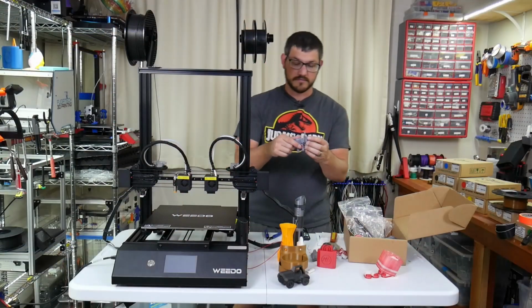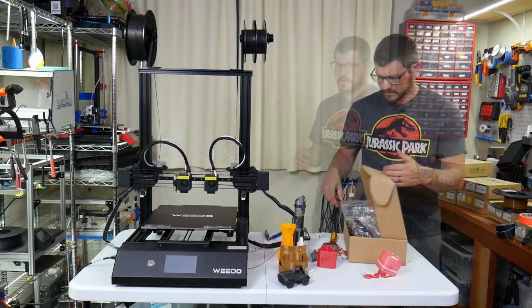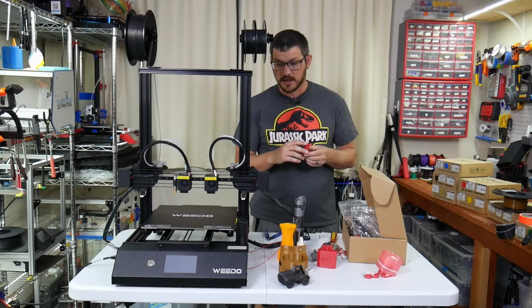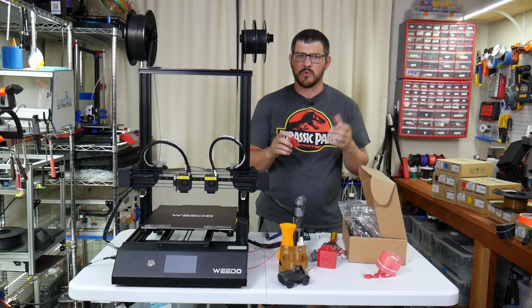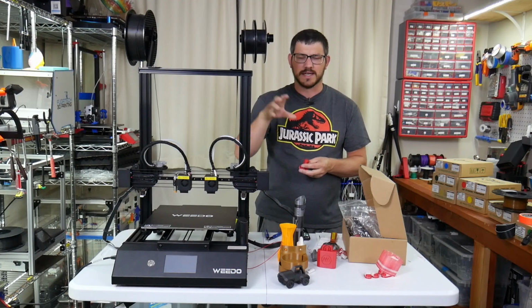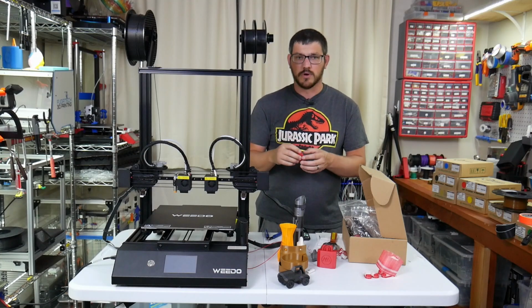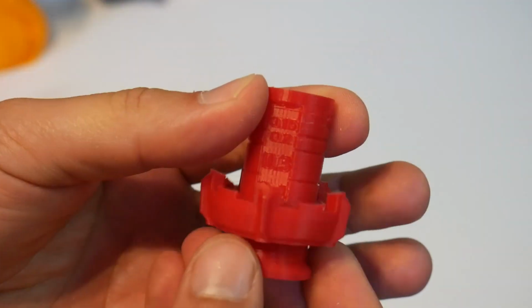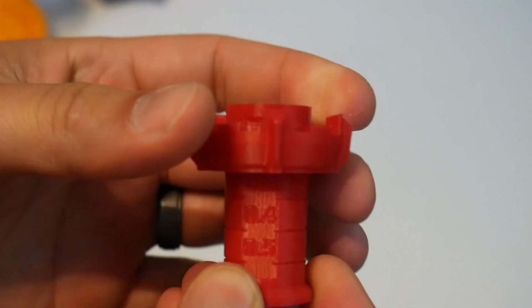They came off, everything works. Tolerance on this printer is actually great. Let me grab that real quick. So Angus from Maker's Muse had a tolerance test, and I never could get that old one to work. It had the 5 cogs on it, and you'd have to turn those in order to get out the middle. Never got that to work with a lot of the printers, but he just released a new one called the Calibration Castle,